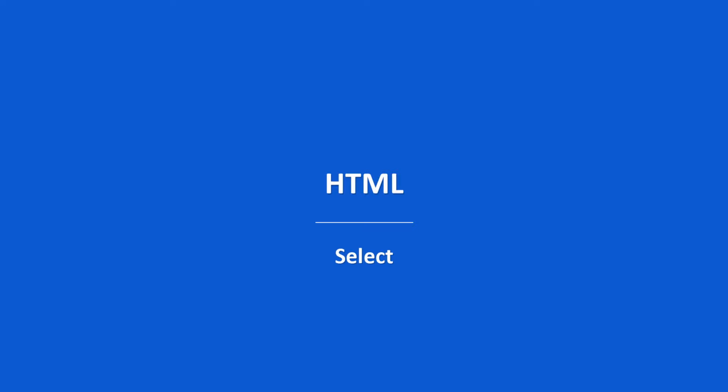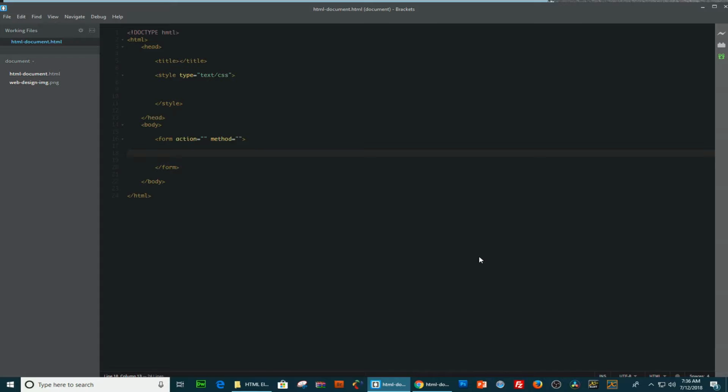In the previous lecture, we learned about the input element and the types. In this lecture, we're going to learn about the select element. A select element provides a group of options that can be selected. To define a select element, type select,